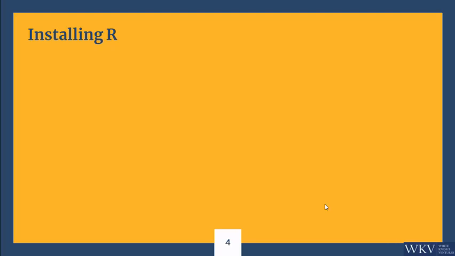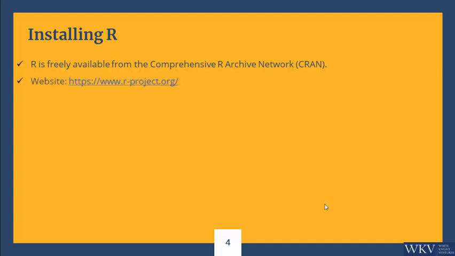Once we download both and when we start working, you will be able to understand the major differences very easily. So first, R is freely available software from the Comprehensive R Archive Network, CRAN. CRAN is basically the server from where we will be downloading this software, and also later on when we require certain packages and functions which might not be there by default in R, we might install them from these servers. The website that we will look at is